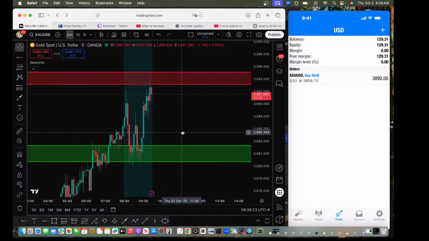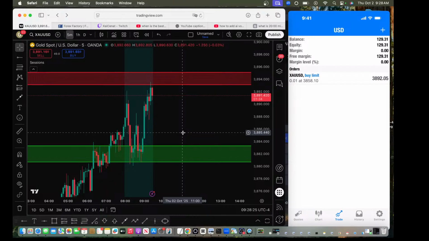All right, so this is it. This is what we're working with. Price is either going to break through and retest, or we will find out. My goal today is to end today with $150. So I'm trying to make $20 and it's what, 69 cents or something like that. That's exactly what I'm trying to make.